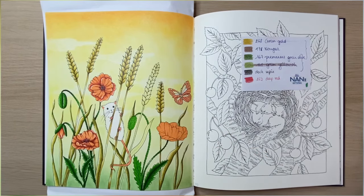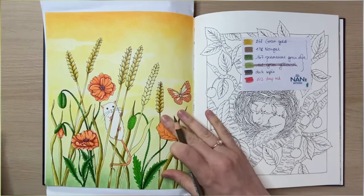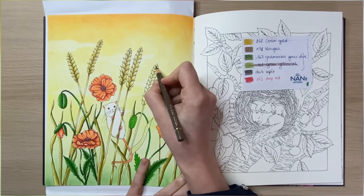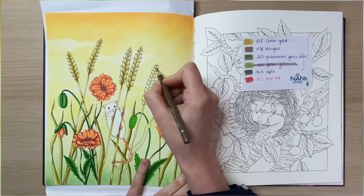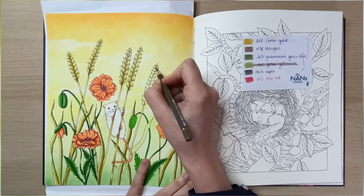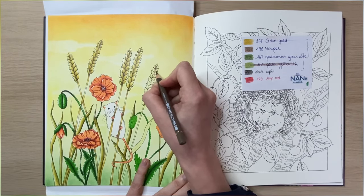The first color I'm going to use is the nougat, so the brown one. And I'm going to place the dark color in the center of every section. So Polychromos is a layering pencil, so don't press too hard for the beginning because we're going to lay the green on top of the brown. So just do it very softly, and you actually make a V. So make sure you go in a V and not in a straight line, because then the result is going to look